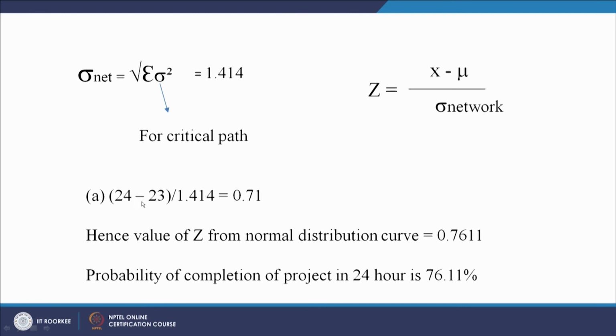So 24 hours minus our expected duration, which comes from the critical path of the network we have drawn and calculated, so 24 minus 23, whole divided by the standard deviation of the critical path of the network, 1.414. It is coming out to be 0.71. So first we calculate the Z statistic, and when we see the value of Z in the table, corresponding to Z equal to 0.71, we get a value of 0.7611,